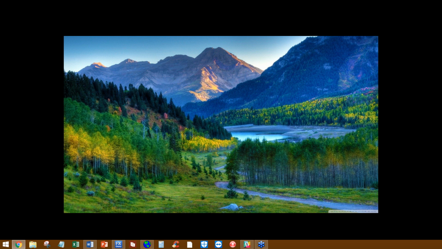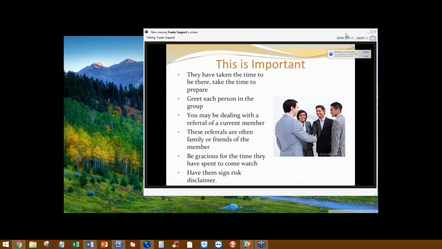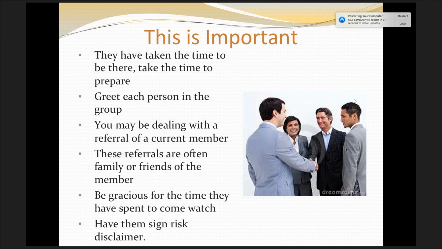So the reason why you want to greet each one is that you may be dealing with a referral of a current member. And you might be dealing with a referral from somebody else as well. It may not even be a member. It might be somebody that's a prospect even that you met before. And these referrals are often family and friends of the member. Okay, so make sure that you know up front who you're dealing with. Be gracious for the time they have spent to come watch. So make sure you